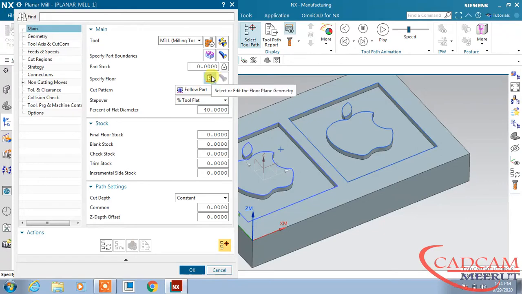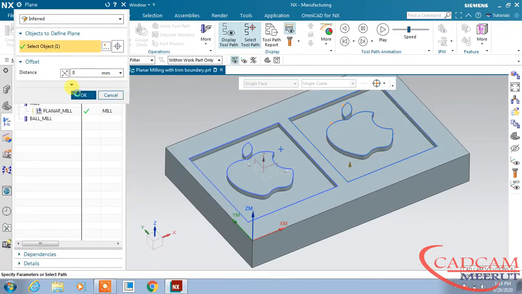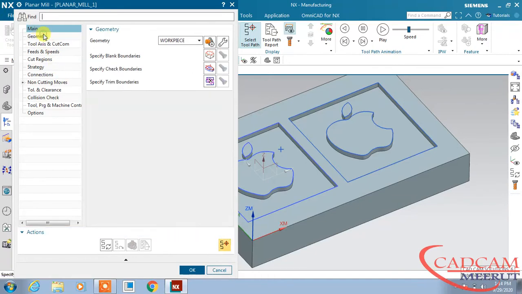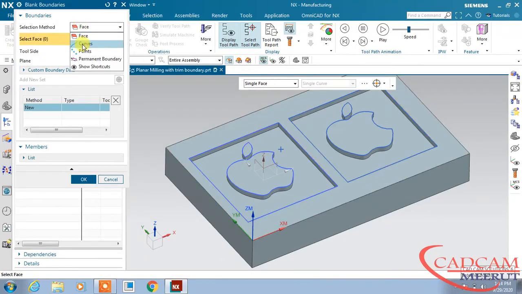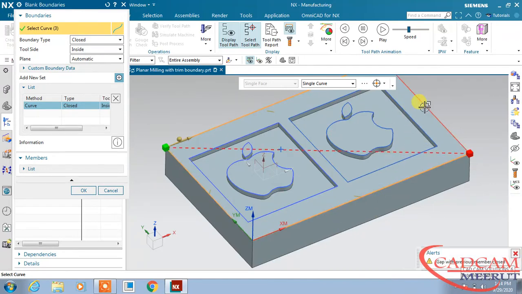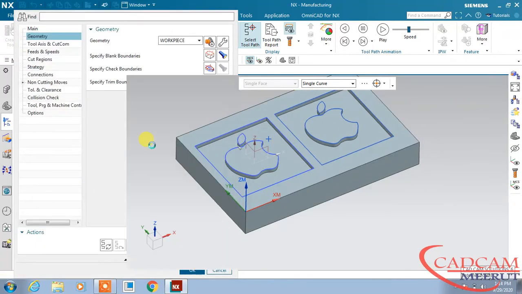And here specify the floor. This is my floor. Okay, and the cut pattern is follow part, and depth of cut is 2. Next in geometry, just define the blank, and my blank is this, and tool side is inside, and click OK.